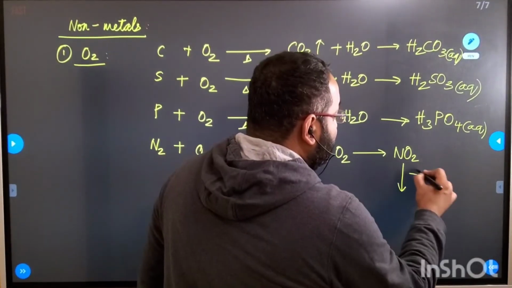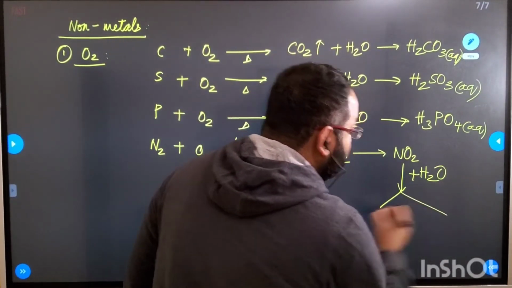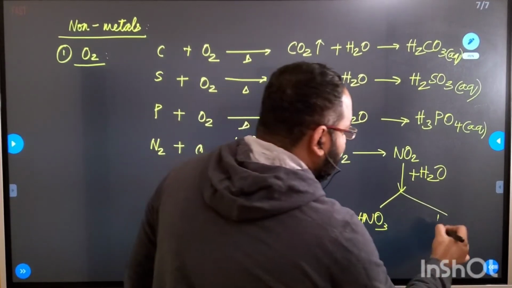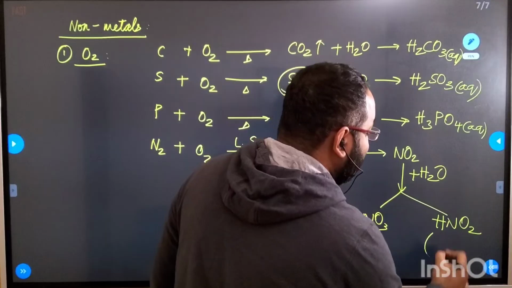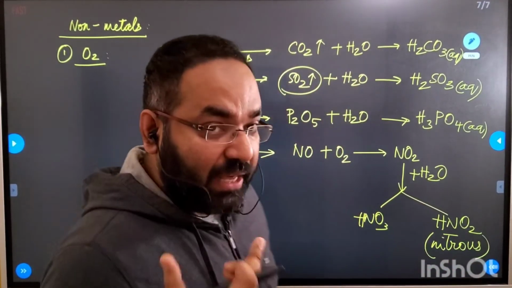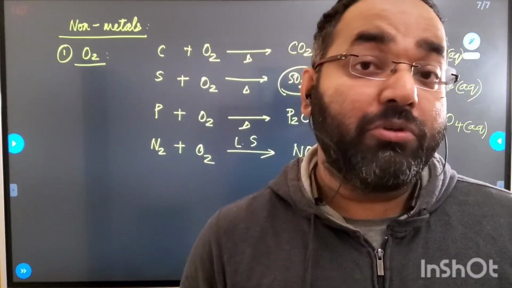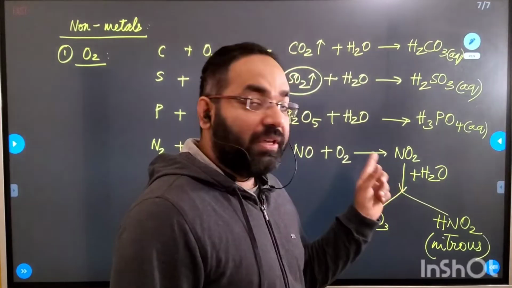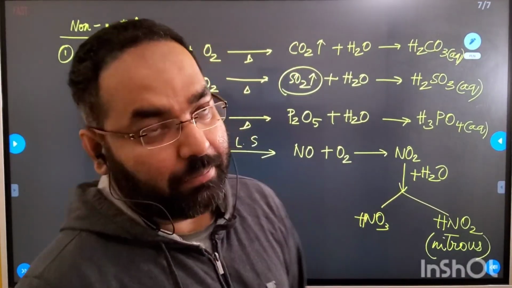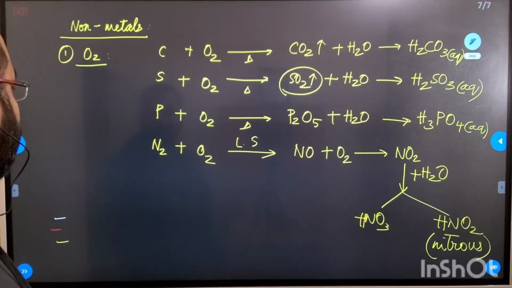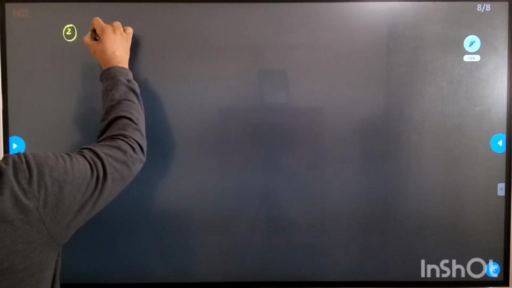When NO2 is dissolved in water, it forms two types of acids. One is called HNO3, which is nitric acid, and the other one is called HNO2, which is nitrous acid. So if they ever ask you this question, name one non-metallic oxide that produces two acids upon hydrolysis. Hydrolysis means adding water. You're going to give nitrogen dioxide as the example. This is the first reaction with respect to non-metals. The second reaction with respect to non-metals is its reactions